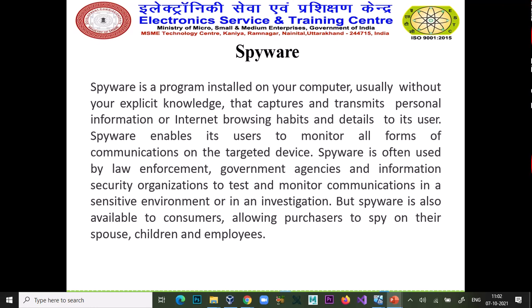Spyware. As the name suggests, spy means a software which spies on someone. Spyware is a program installed on your system, usually without your explicit knowledge, that captures and transmits personal information, internet browsing habits and details of its user.